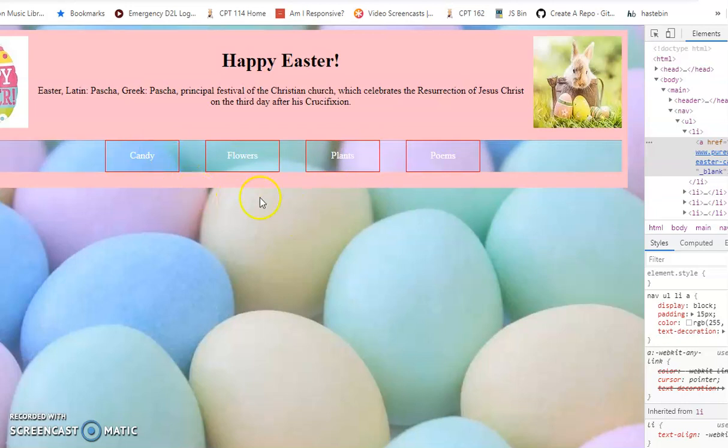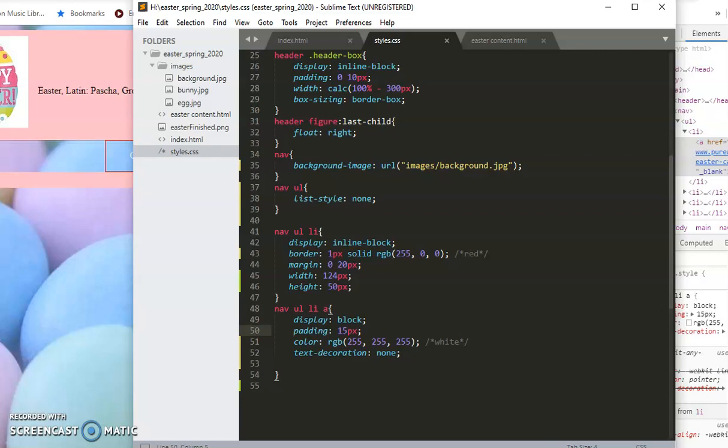So the person, when they're going, they might notice that the finger makes it clickable, but let's give it a little more interactivity. So I'm going to go back to here, and I'm going to add another pseudo selector. So we'll do nav ul li a. Whoops, I forgot my other pseudo selector, and that is colon. So just like last child and first child, we can also put hover, and that is, well, these properties will